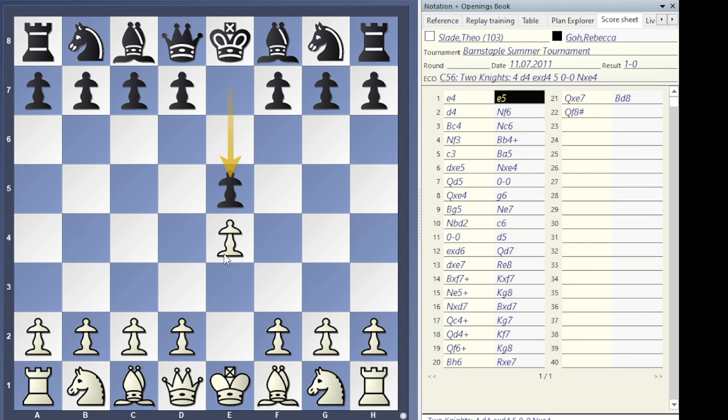And now we see the first move with a piece. Rebecca replied knight, N to F6. Theo replied bishop, B to C4, and then knight to C6, all very normal looking moves. Knight to F3, and now black played a check. Bishop to B4, check, and we write check with a plus sign. If you play